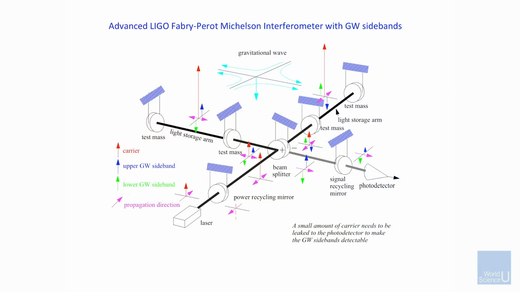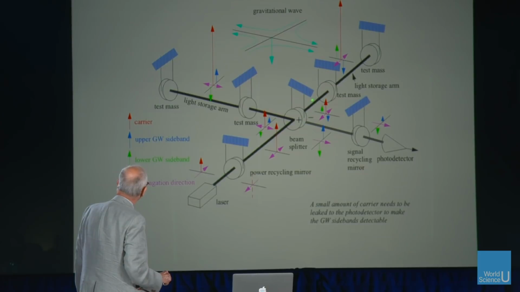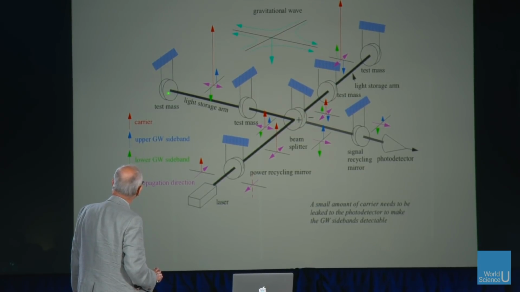Okay, so now here's the actual detector that we made. This is the format of the detector that made the detection. It's the same idea, but now you can see some extra mirrors in this thing. And many of these ideas come from the groups that I showed you before, okay? So what you have is, here's the basic structure, so I can remind you of the other picture. Here's the beam splitter. There is a distant mirror on one. There's a distant mirror on the other.